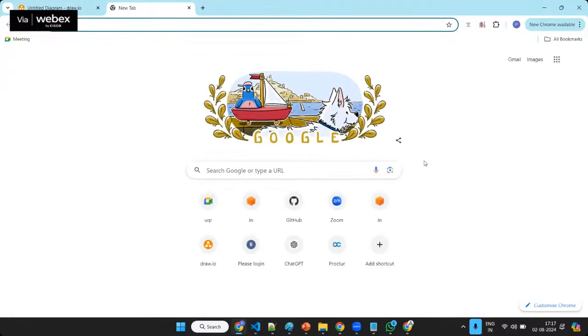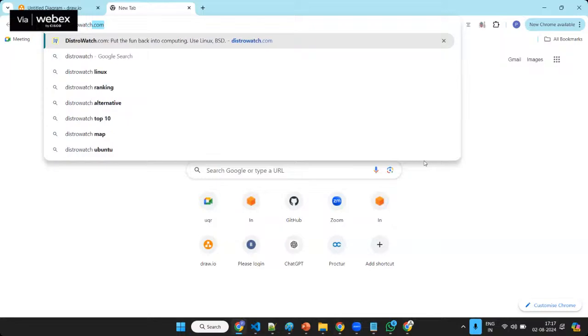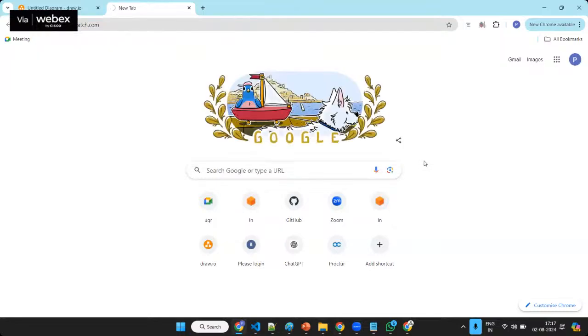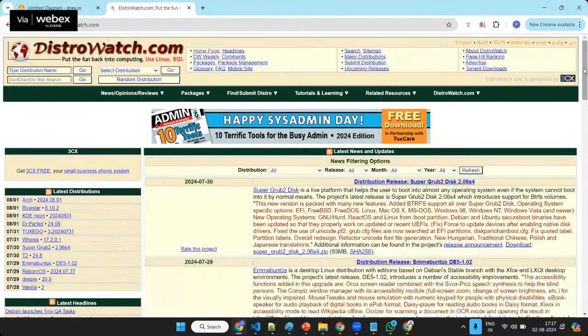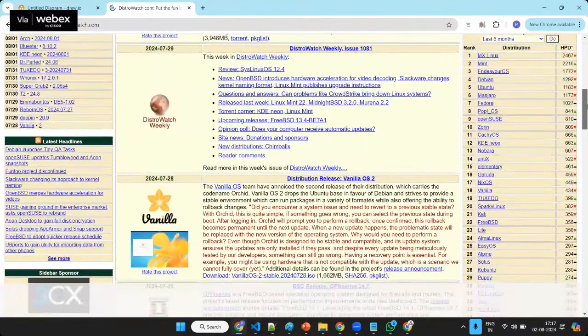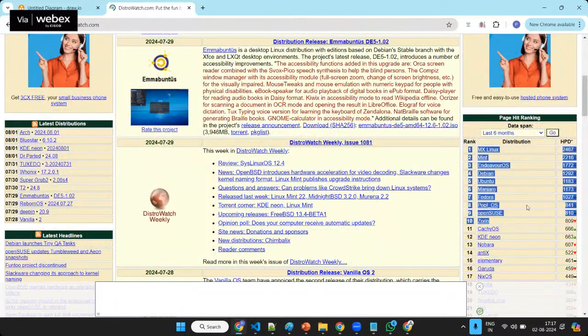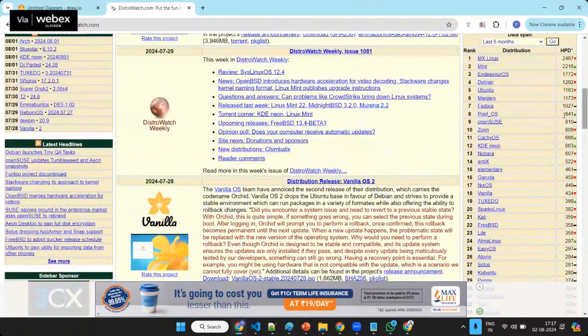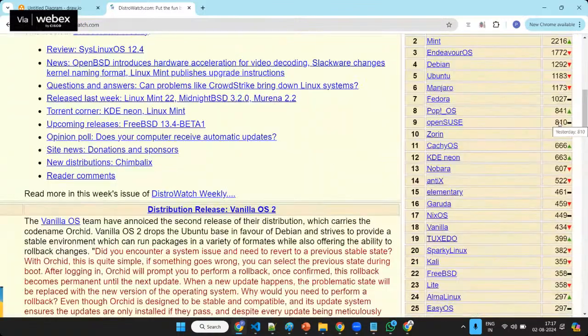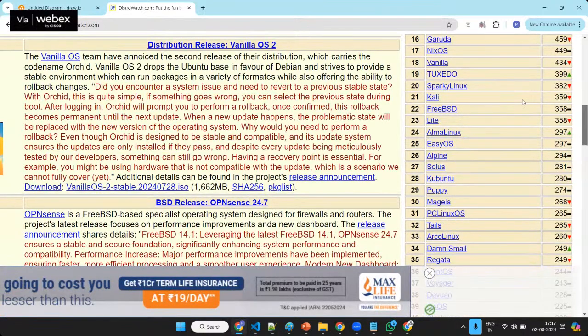So, team, I'm jumping to a platform called distrowatch.com. Here you find a hell of a lot of Linux operating systems. These are all various Linux operating systems available: MX Linux, Mint, EndeavourOS. Let me zoom in a bit. Ubuntu, Manjaro, Fedora. Whatever operating systems you're finding here, these are all flavors of